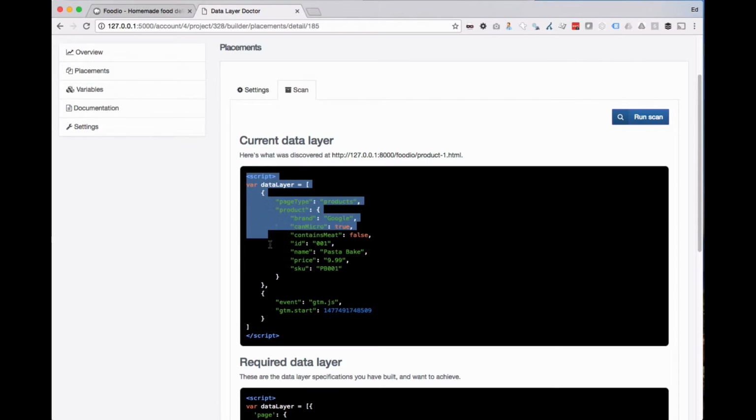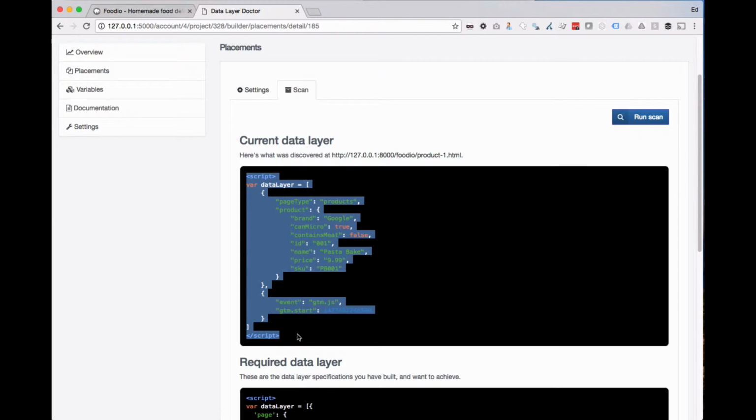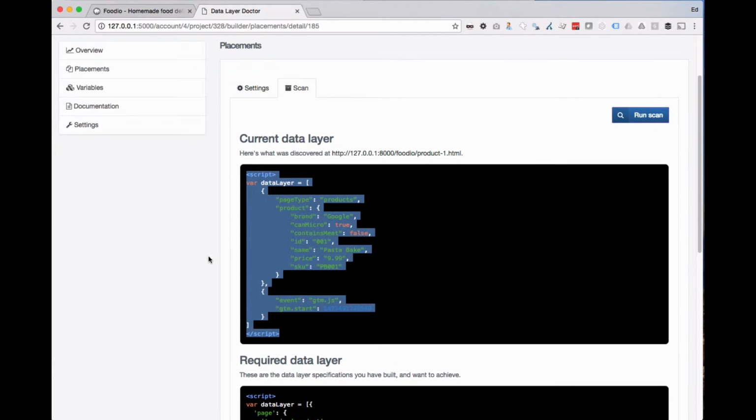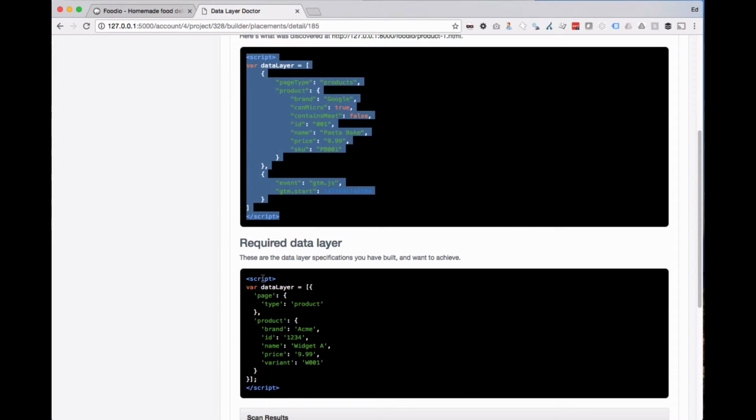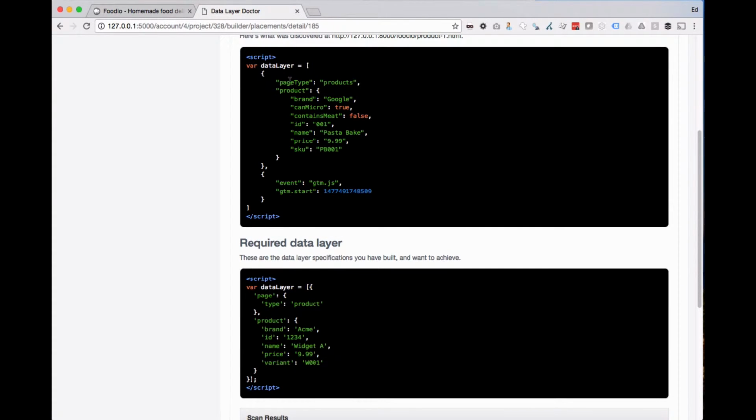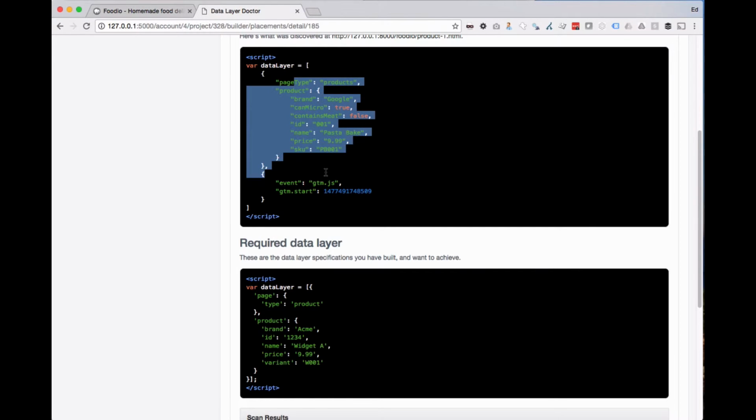So you can see here, this is the data layer that it found on the page, which is the one I was showing you earlier. And here's what we needed it to be. So you can see quite clearly here there are some differences. You've got page type has been implemented, whereas actually what we wanted was a page object with type in it. So that's obviously wrong. And there's a few other things wrong, but rather than having to do this,